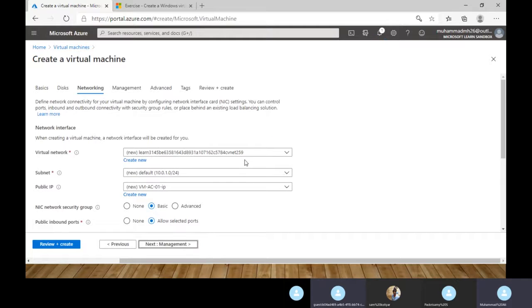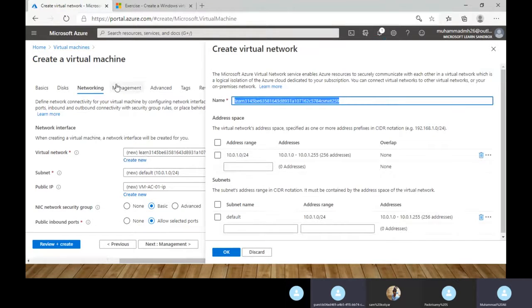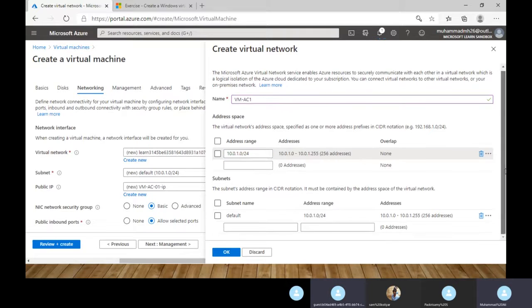Here you can find our virtual network. I'm creating a new virtual network, VMAC1. Here you can find the public IP and private IP range. You can modify this based on your requirement and provide your address range. I am not modifying it here.